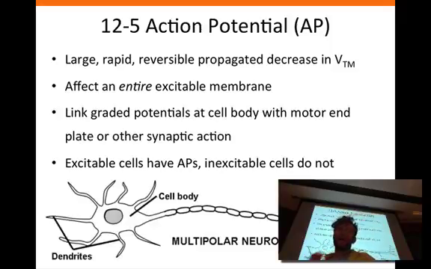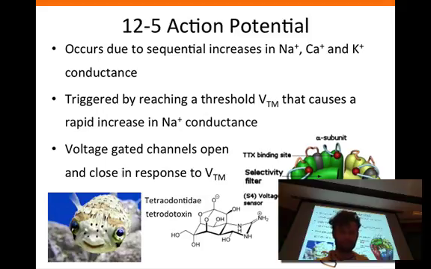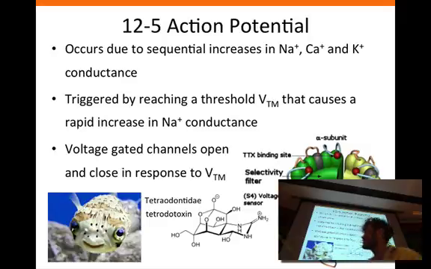Excitable cells are going to have action potentials. Inexcitable cells do not. All right? Any cell is going to have a transmembrane potential that you can disrupt, transiently. But excitable cells are going to have action potentials. All right. So it's going to happen due to a carefully balanced sequential increase in sodium, calcium, and potassium conductance. This is going to be triggered by reaching some sort of threshold by which one of these voltage-gated channels is going to open,